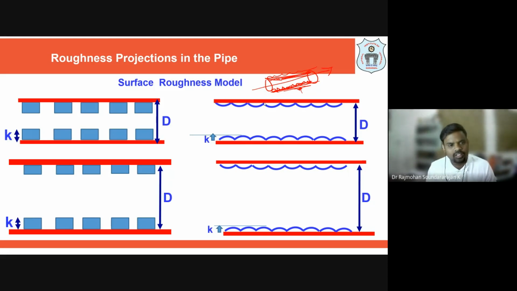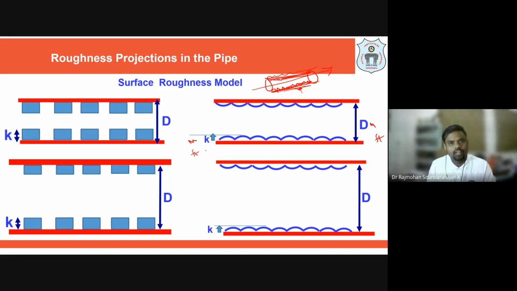So this friction factor is a function of this K by D ratio. What is K here? K is the thickness of your roughness, the absolute roughness thickness. What will be its unit? It will have the same unit as the diameter of the pipe. So K is in meters if your diameter is in meters. If you are writing in feet, it is going to be in feet. That is the dimension of length, so it has the unit of length.